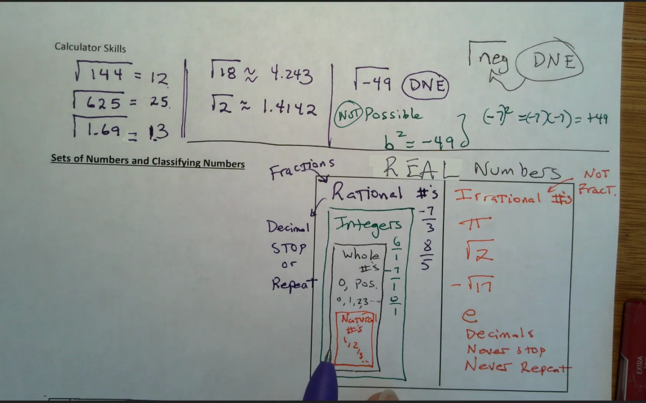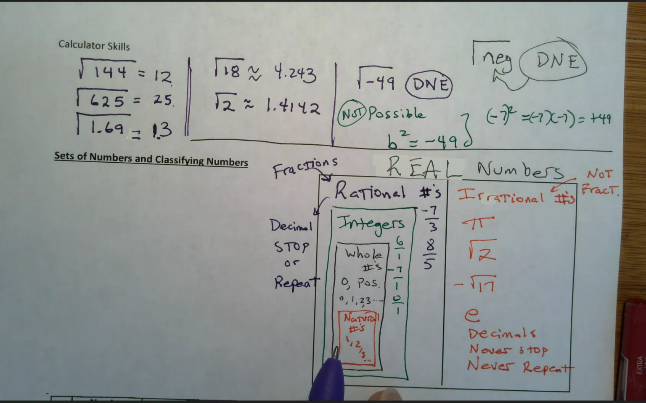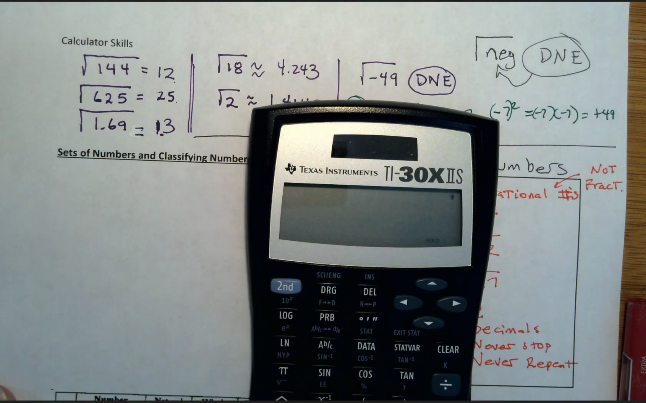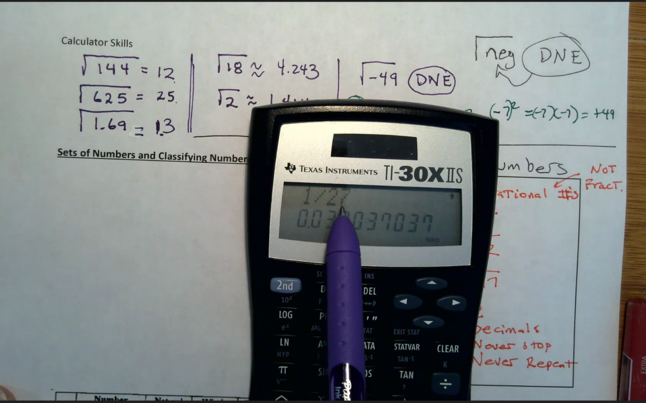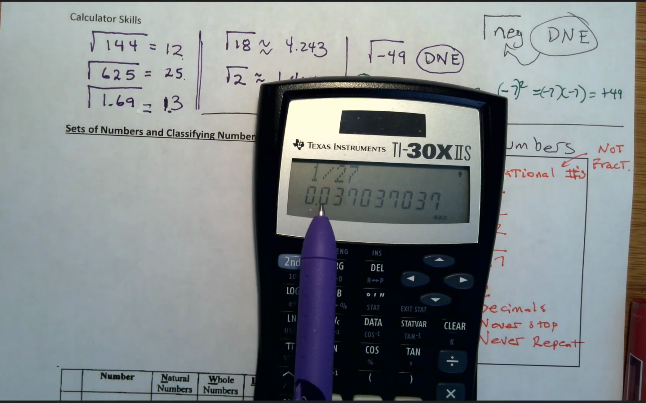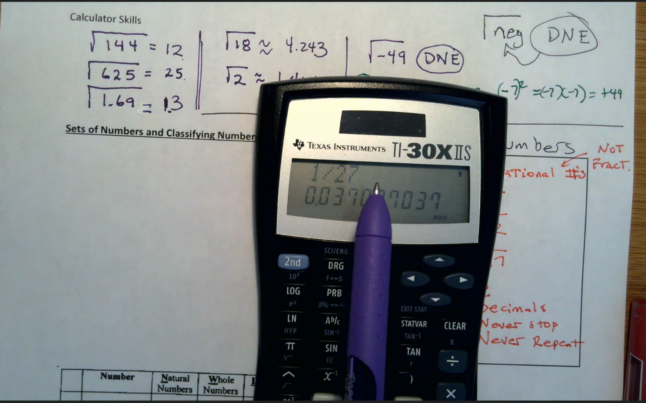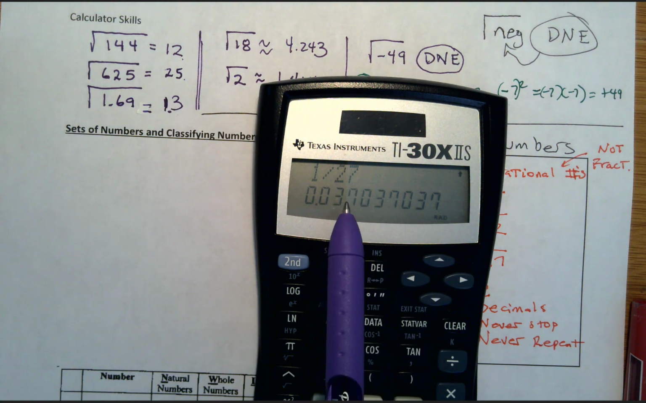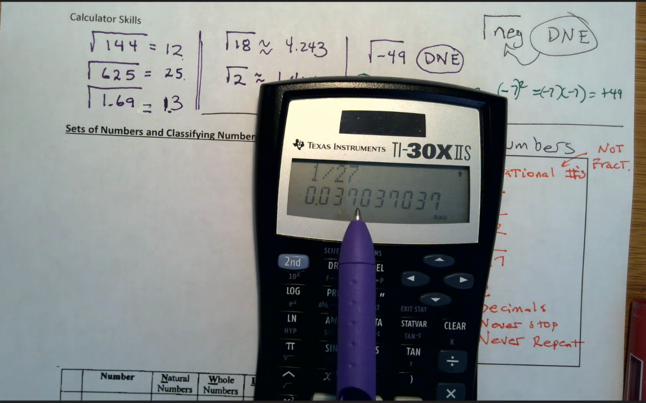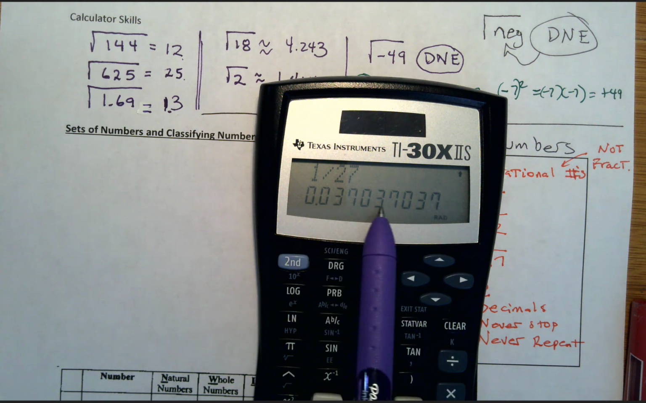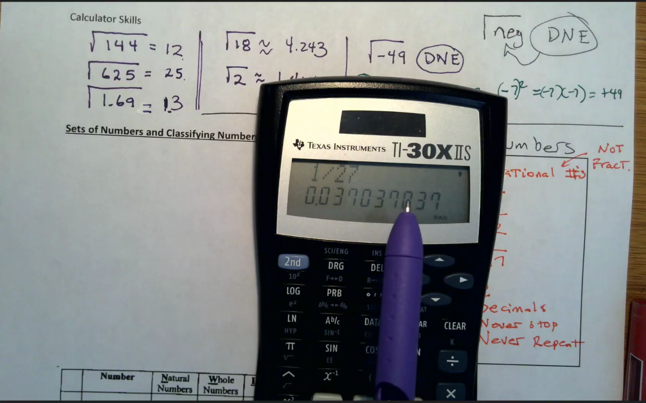There's other numbers where the decimal repeats, like 1 divided by 27. It's a fraction. And if you look at that, you get 0.37, 0.37, 0.37. That's a rational number, and its decimal is repeating on us. If you get any decimal that repeats, you know it's